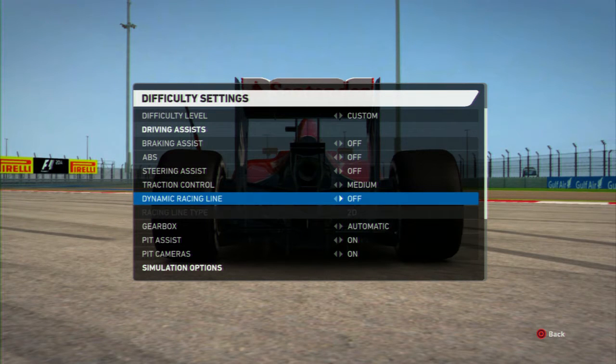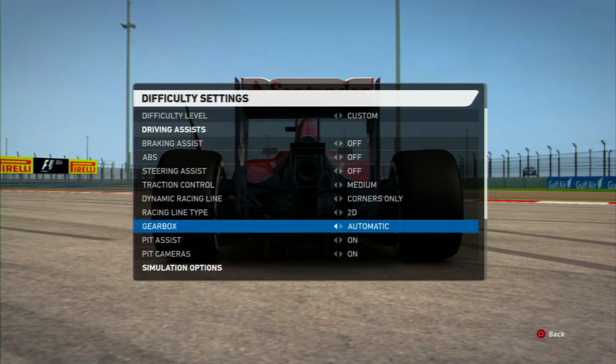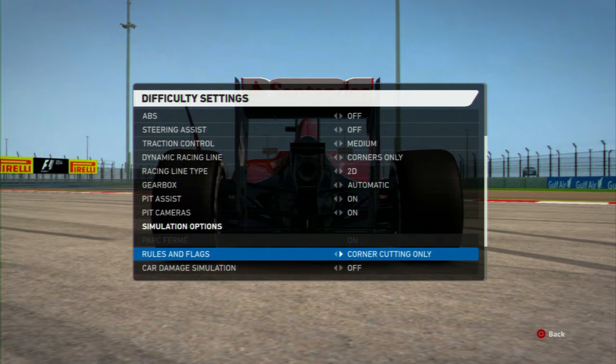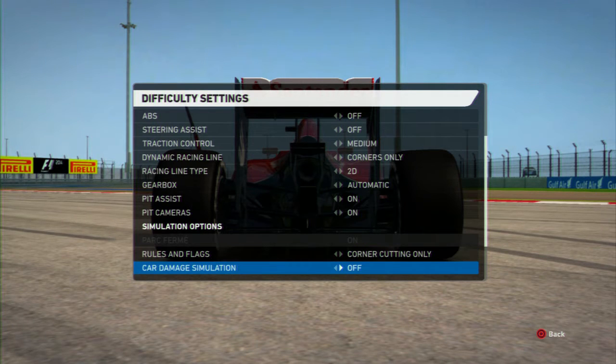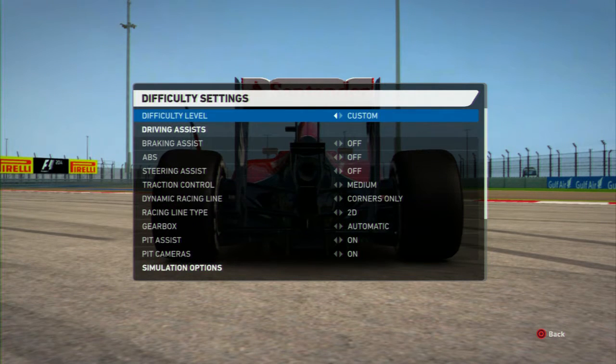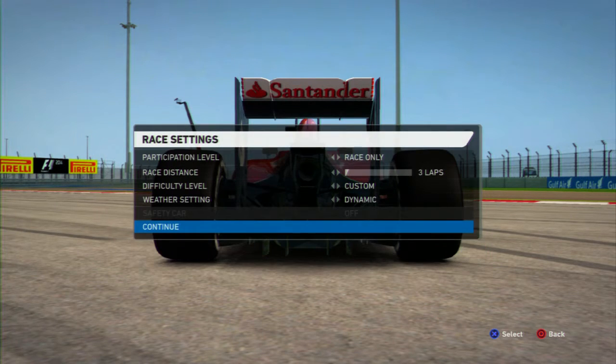For the dynamic racing line, you've got off, corners only, and always on. Racing line type, 2D and 3D. Gearbox, leave that on automatic. And simulation options for the rules and flags, you've got corner cutting only, reduced, and realistic. Car damage simulation is off, visual only, and full. AI skill level: amateur, intermediate, professional, expert, and legend. And flashbacks, you've got unlimited flashbacks, and then you can also notch it all the way down to having no flashbacks as well. And so if we go to continue,